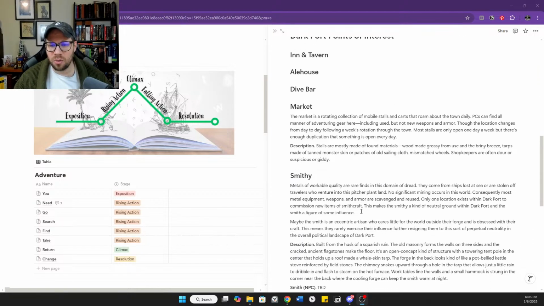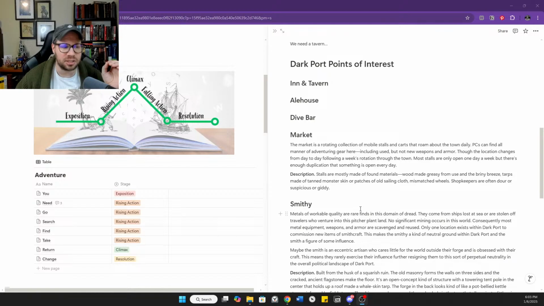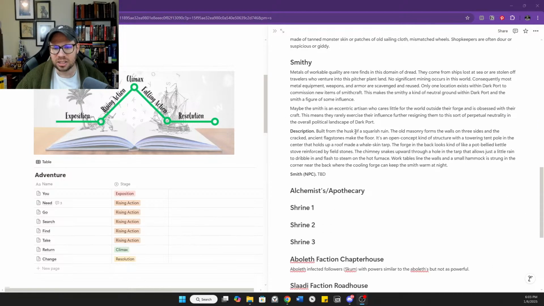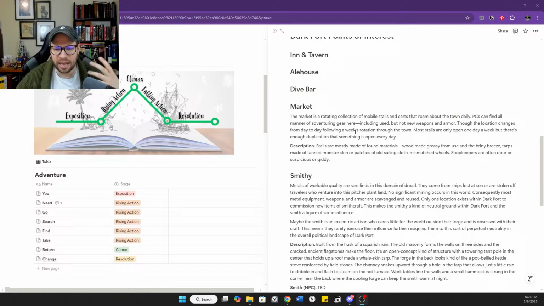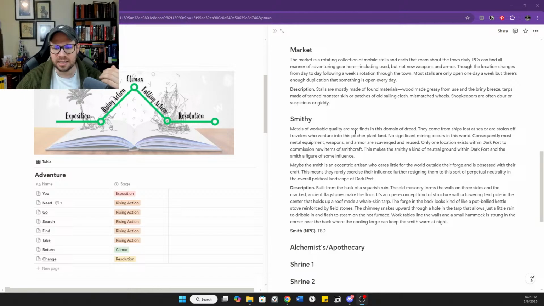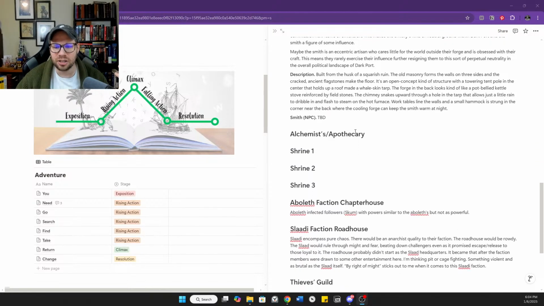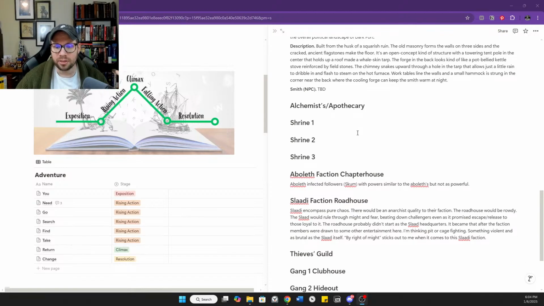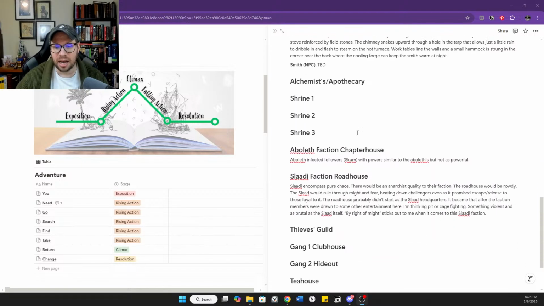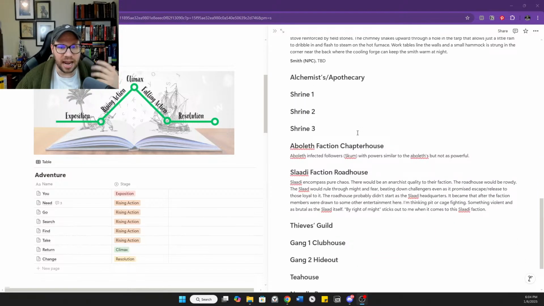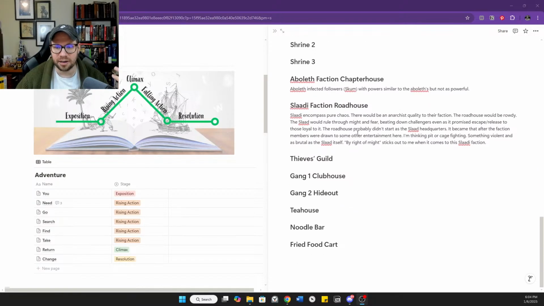Last time we brainstormed a bunch of different locations, a bunch of points of interest that might be within Darkport itself, and started fleshing out some of them or brainstorming elements for them. This is still a very organic spot that we're in, where we're not going to use everything that we come up with here, but we're being loose and playful and trying to imagine the kinds of places that our characters might go and what those places might be like, giving them a little bit of description and background, stuff that we can chew on when we go to narrate these adventures that the characters have here.